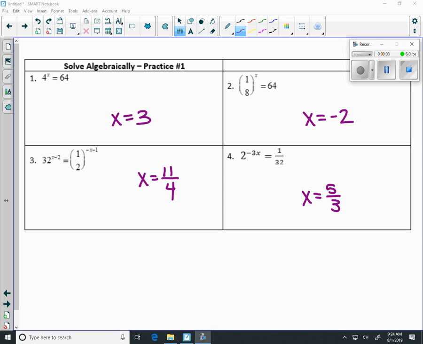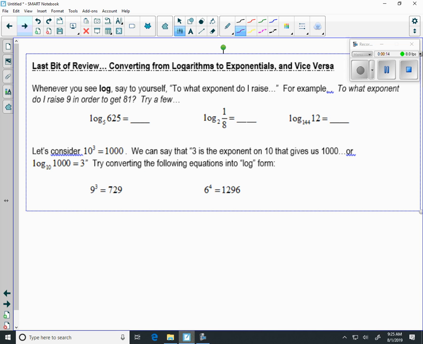Alright, so there are your solutions. You can pull up the key if you want to see the process on those. Just make sure you're getting everything into the same base there before you solve. And on to logarithms. Whenever we see a logarithm,